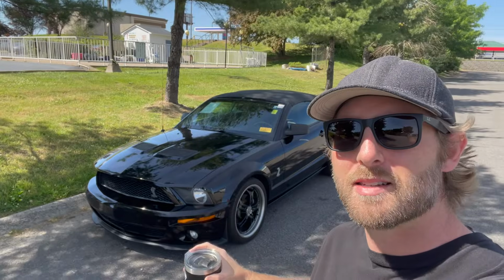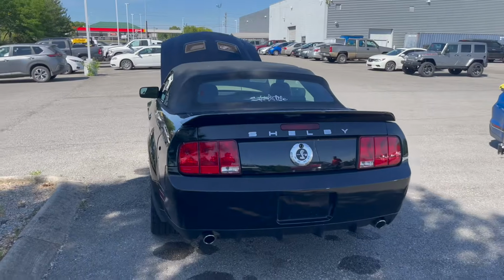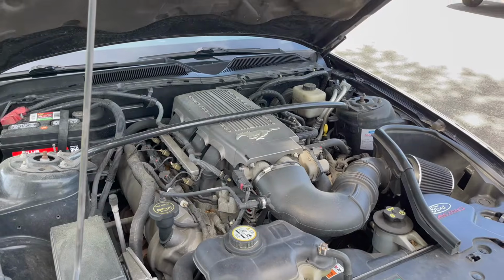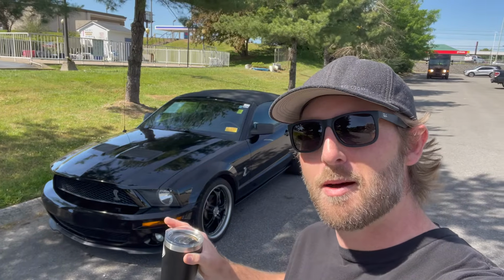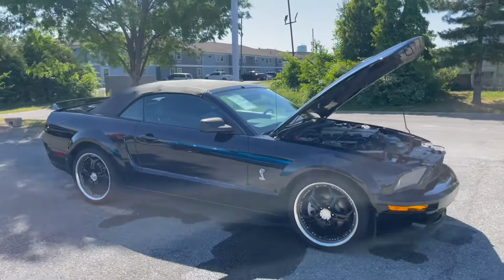This is a 2007 Mustang GT. These are kind of known for the motors not being that good. I'm coming from a 2021 Mustang GT. Today we're gonna check it out, see if it lives up to the price point of where these are at